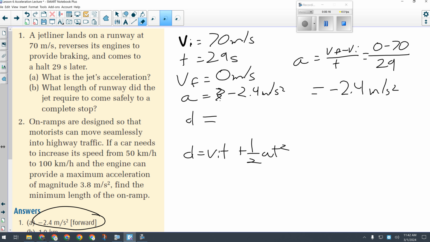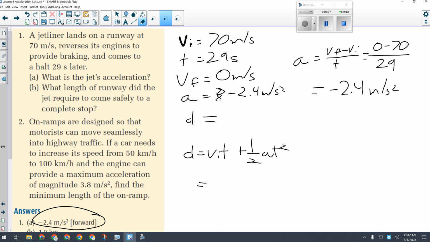Okay, I've got all the information for that one. I could use the VF squared equals VI squared plus 2AD. I've got all of that information as well. You have a choice here. You could use any of the other formulas that we've gone over for acceleration, and they'll all give you the same answer. Okay, since I've got this and I now have A, I'm just going to plug this one in